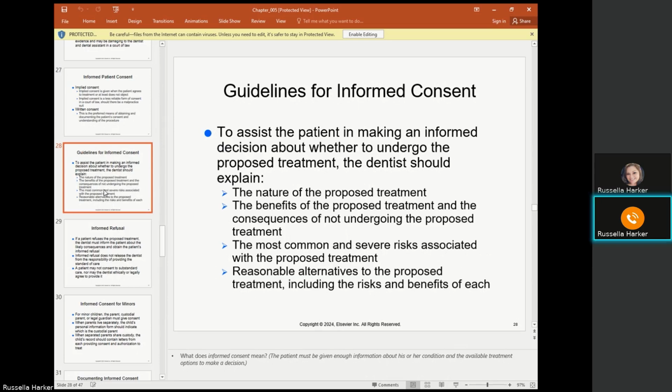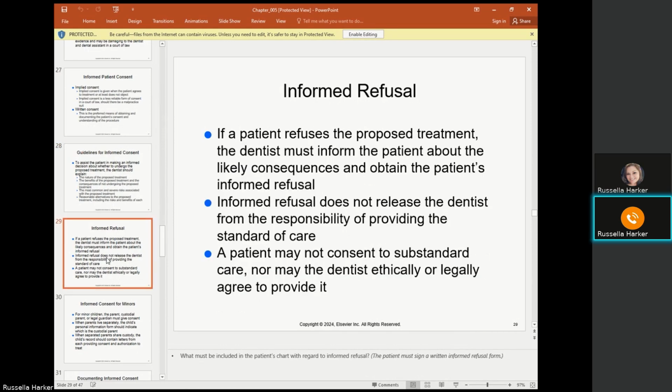So when a patient gives informed consent, they have to have enough information about their condition and the available treatment to make an informed decision. We also have informed refusal. That's when a patient refuses the proposed treatment. The dentist has to inform the patient about what kind of consequences they're going to face and obtain the patient's